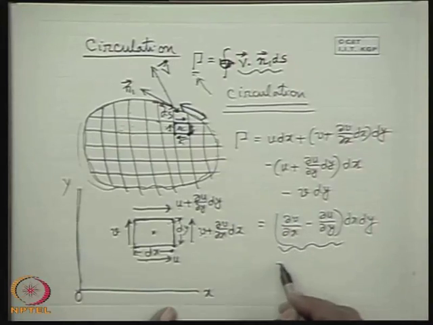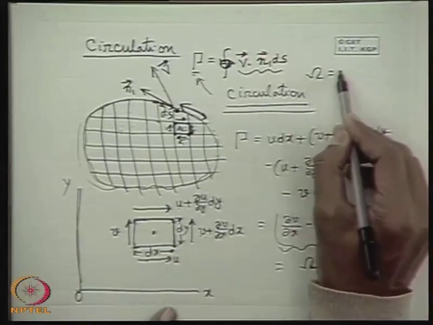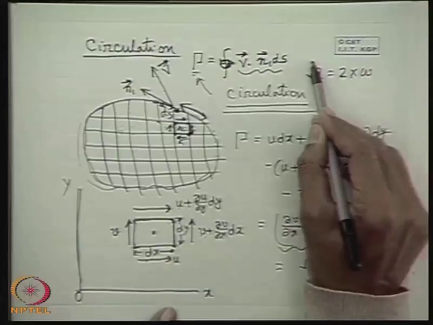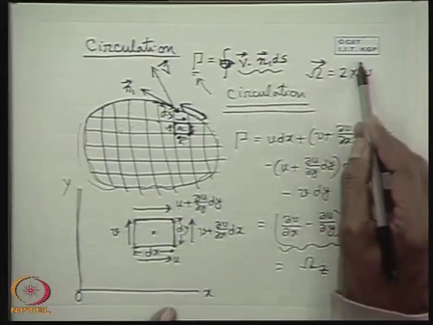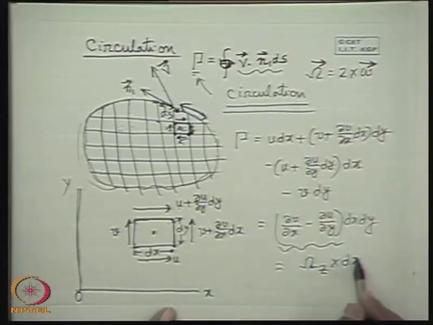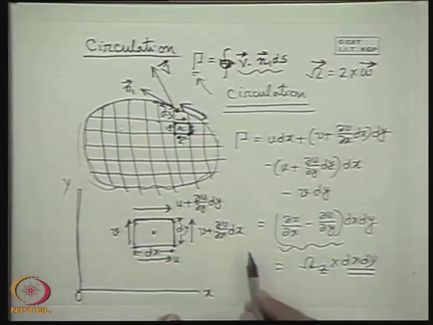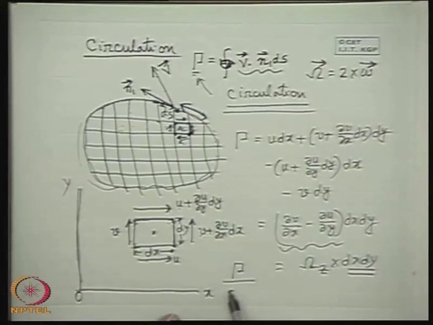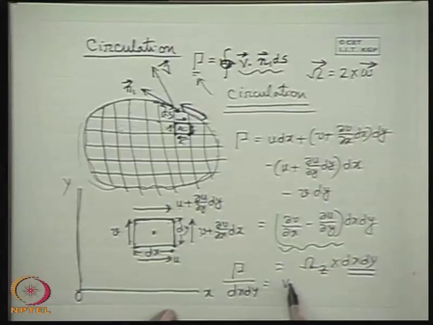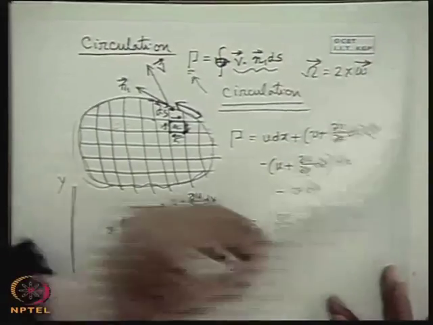This is twice the rotation, and this is the vorticity about the z axis. We earlier defined vorticity as 2 times the rotation vector. If you represent vorticity as a vector, then it is 2 times the rotation vector. So this is the vorticity, and circulation equals vorticity times dx dy. What is dx dy? dx dy is the area of this contour. So we can say that circulation divided by this area is the vorticity. All right, this is vorticity. So this is a very important theorem from which we can write that vorticity